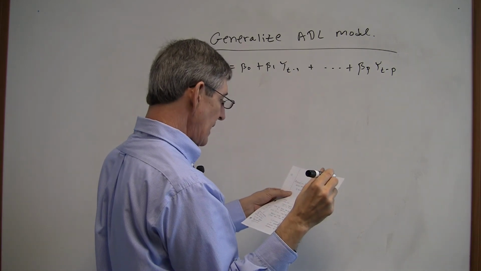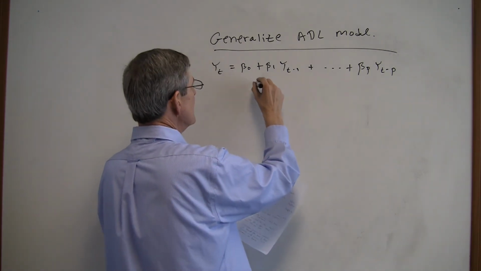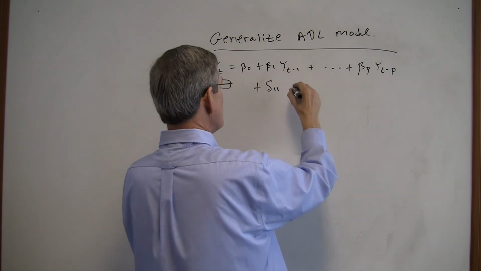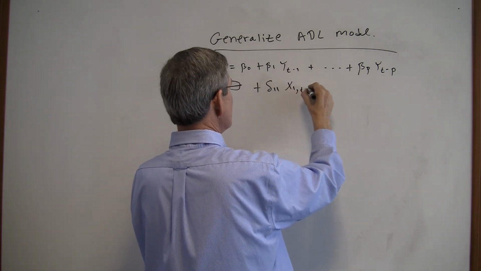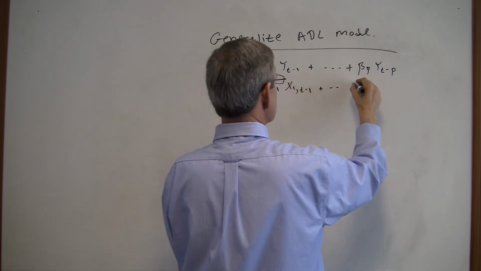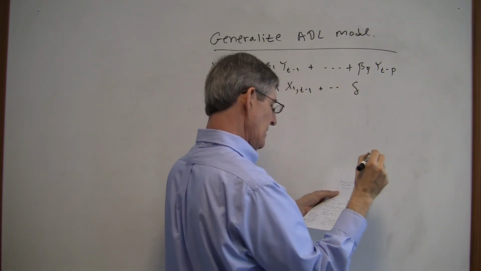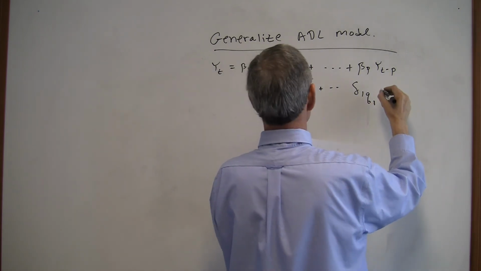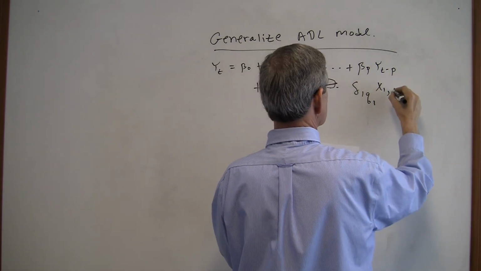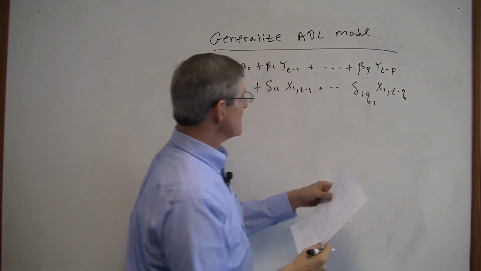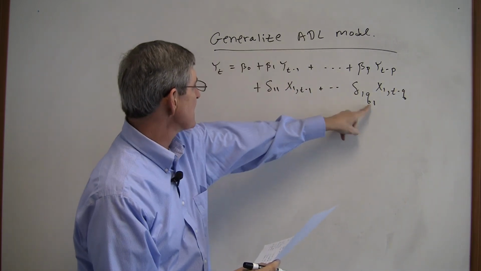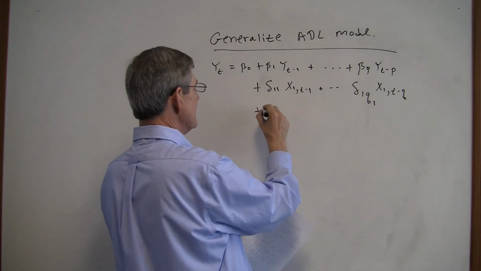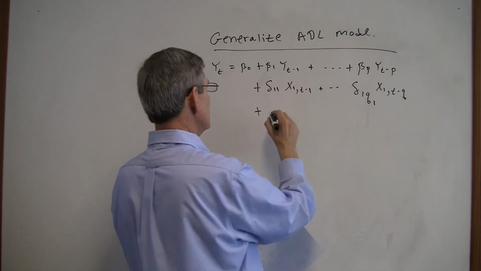But this time we're going to allow for more than one x: plus delta 1,1 x1 t minus 1 out to delta 1,q1 x1 t minus q1. So there's q1 lags of x1, that's what that says,